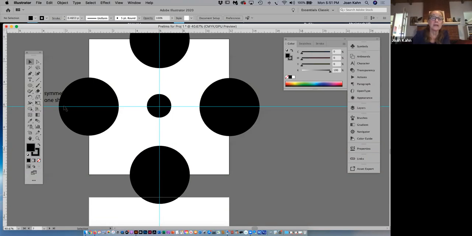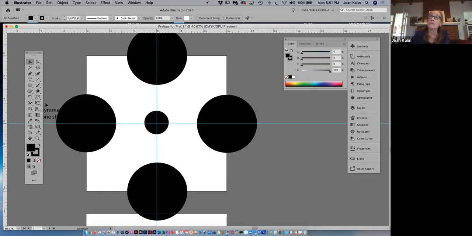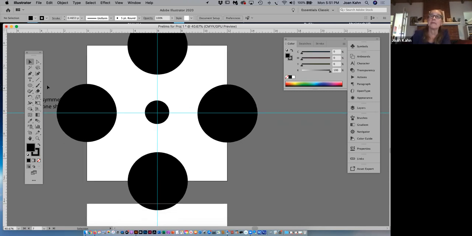Now, another thing that I show people is that I have a few more things to show you for this project. You don't need much to do this project. But one thing that I didn't show people for a long time, and I should show you right now, is something called clipping mask. When I didn't show people, people would come in and they'd say to me, oh, I needed to know that. I spent forever looking for that. You should have shown us. And it's, what if you wanted to see your composition without the overlap, how it was going to print or how it was going to show up later as a PDF? You can put a clipping mask on it. And what a clipping mask is simply